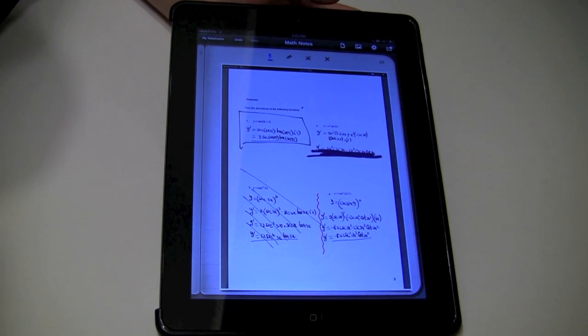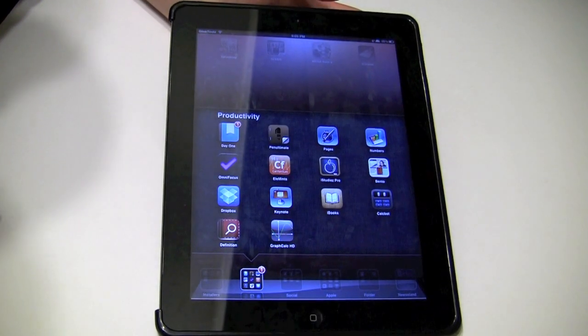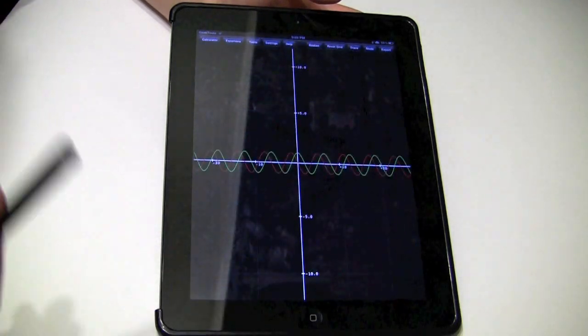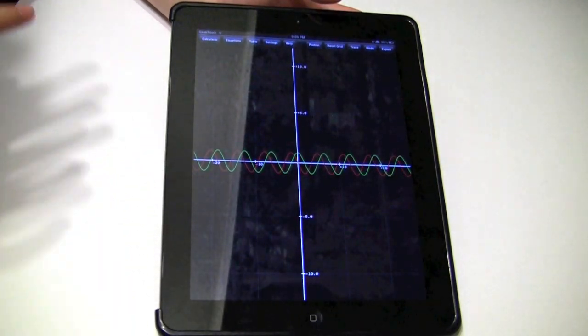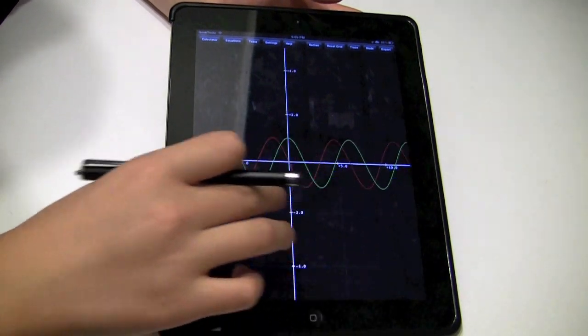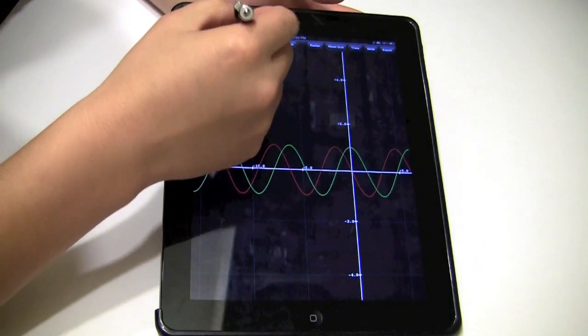You don't have to waste time trying to fiddle around, trying to find things. Everything is organized for you digitally on the iPad. So really, really cool stuff. And in addition to that, the App Store comes with phenomenal graphing applications, just like this one. This is a sine and cosine curve, and this is really simple to go ahead and enter my